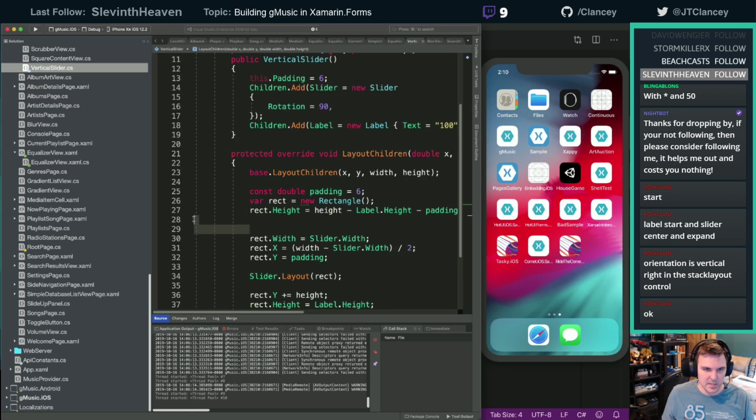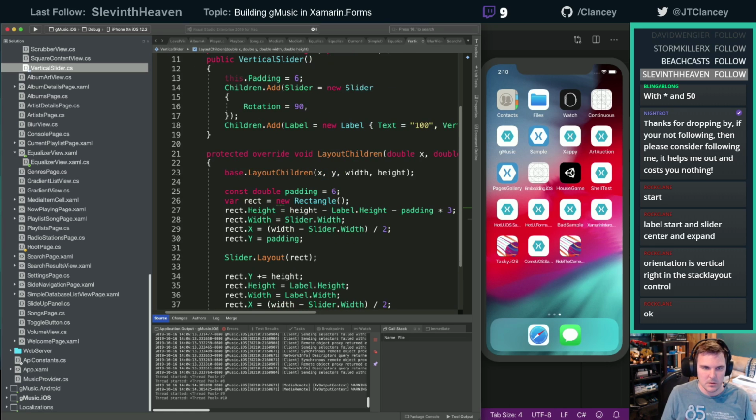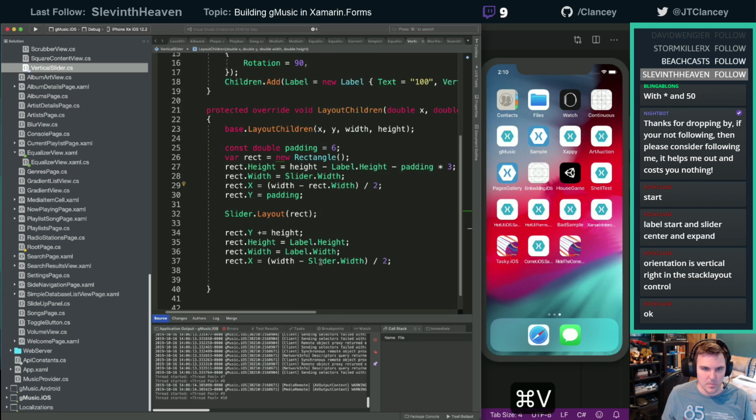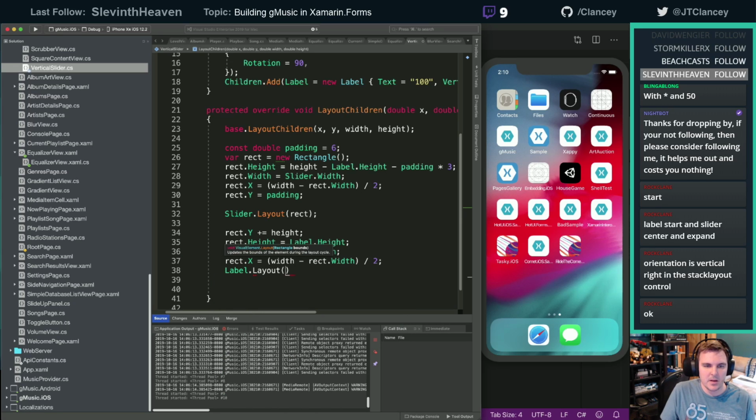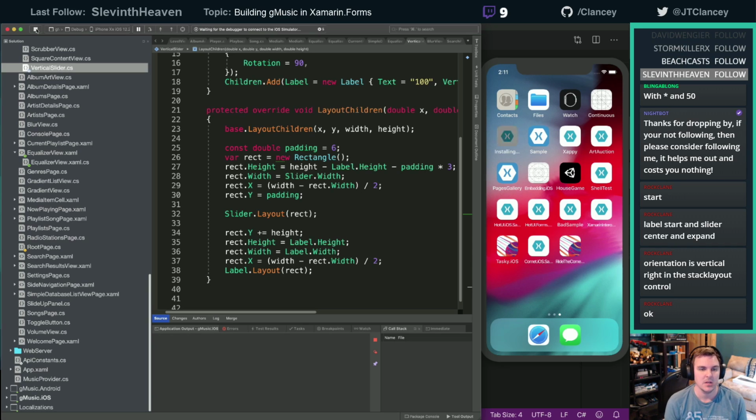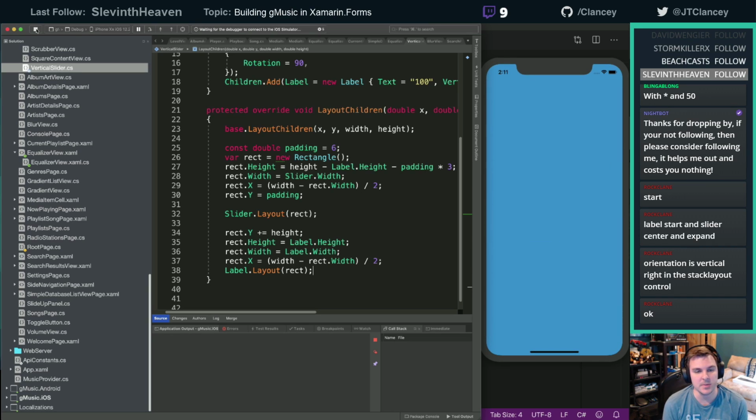Do that, so it's going to be the same exact code. Dot layout rect. I actually think it's nice to do some of this like this anyway, because it's super fast. And there's not very many samples of this happening this way. So people don't see it like this very often. But you have total control and you can put breakpoints and see why the layout's doing what it does. I find it beneficial myself.